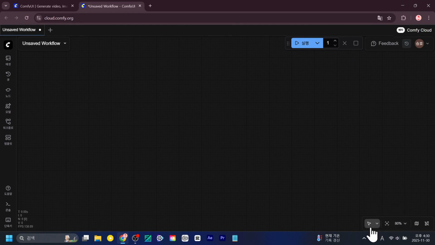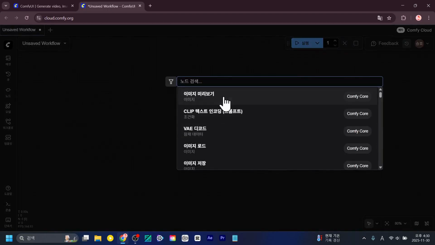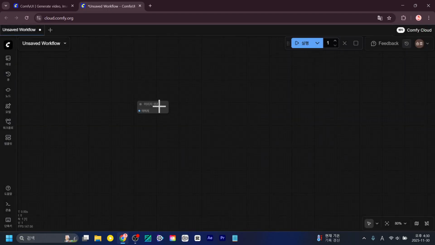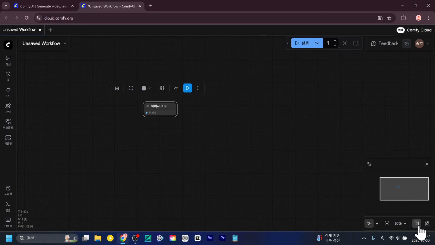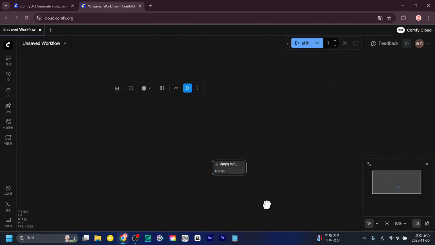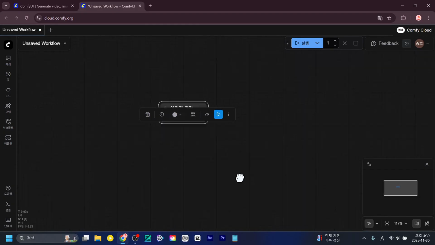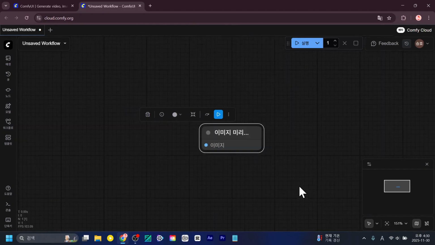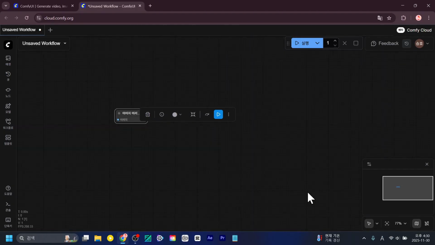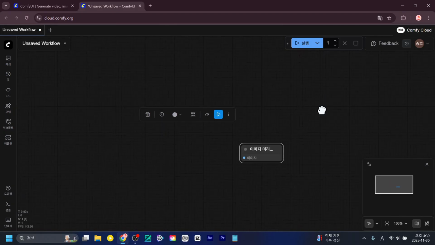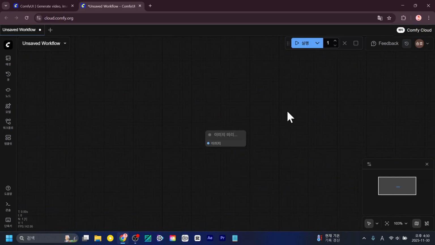First, if you look at the bottom right corner of ComfyUI, you'll see something called the Viewfinder, which allows you to display certain things on the screen. For example, like a map. You can display a mini map like this. So this square is called a node, and you can identify the position of this node and also align it to the center. You can adjust its size, move it with the mouse, and you can also drag and move it around like this.